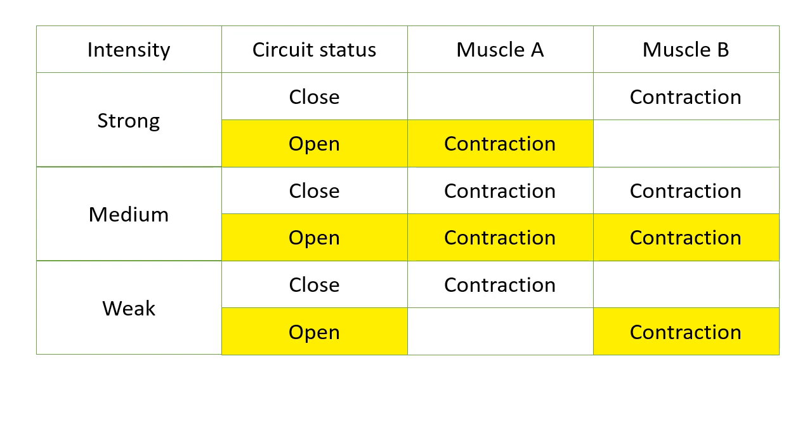So the interesting finding here is in each experimental model, whether the intensity is strong, medium or weak, when the circuit is closed, that is when the switch is on, obviously one or the other muscle is supposed to contract, and that is an expected response. However, surprisingly, we found that when the switch is off, that means the circuit is open, even at that time some of the muscles responded.